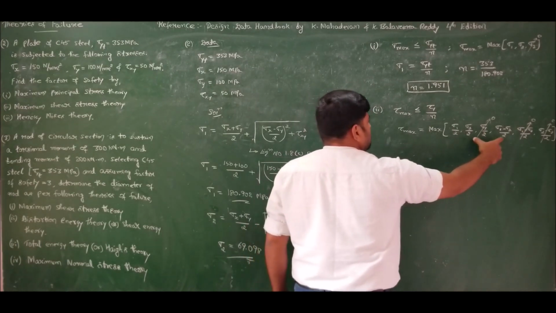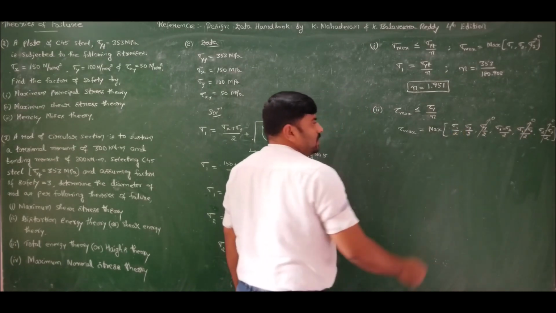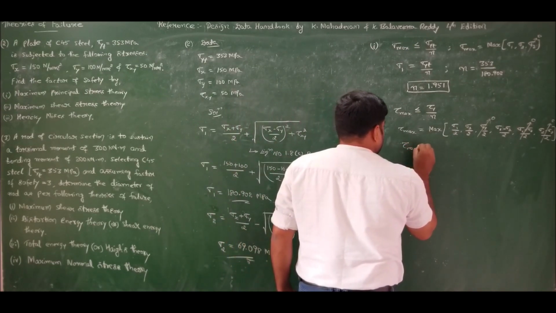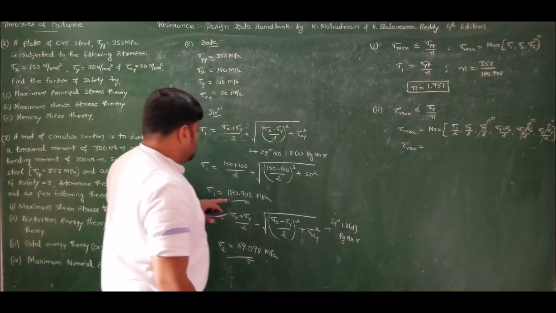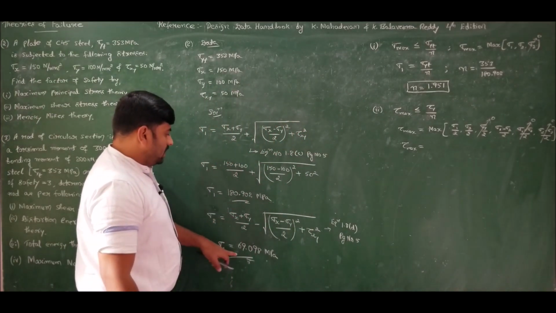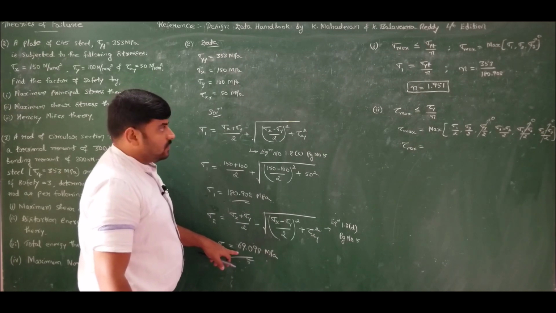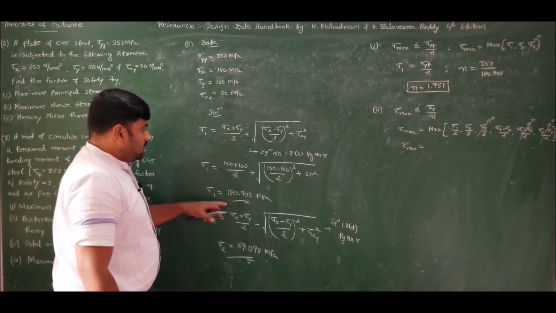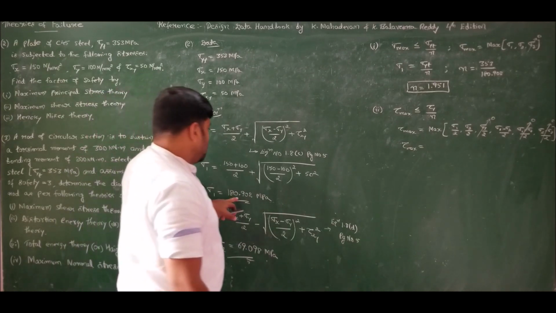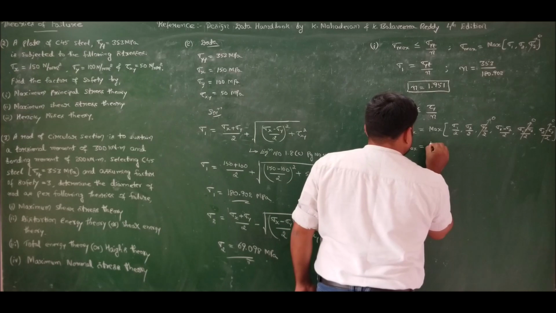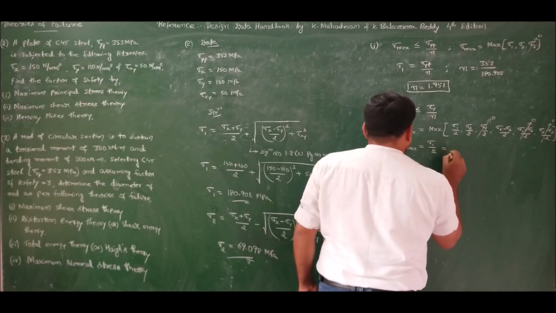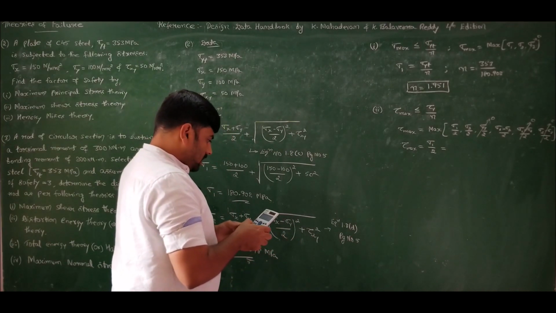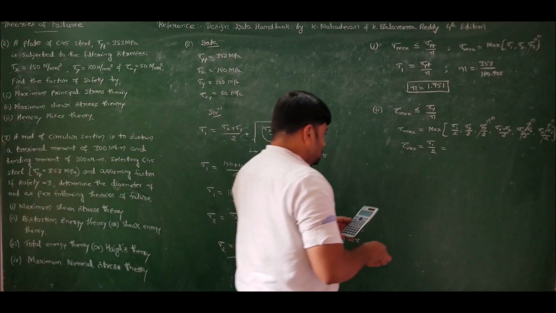So the maximum of these three, I'll get sigma 1 by 2 as the maximum value. Therefore tau max will be sigma 1 by 2 is 180.902 by 2, sigma 2 by 2 is 69.908 by 2, and one more is sigma 1 minus sigma 2 by 2, that is also less than 180.902 by 2. So therefore max is sigma 1 by 2, which is equal to 180.902 by 2, which is nothing but